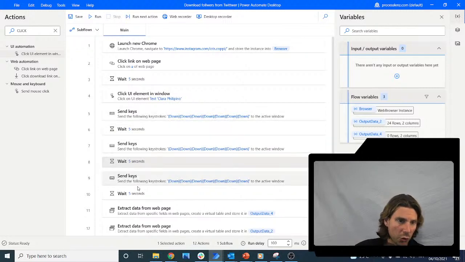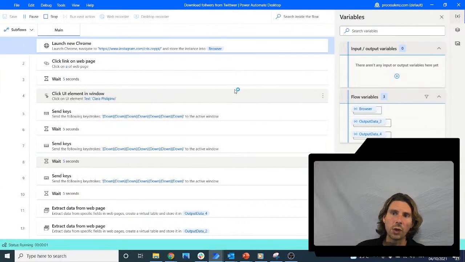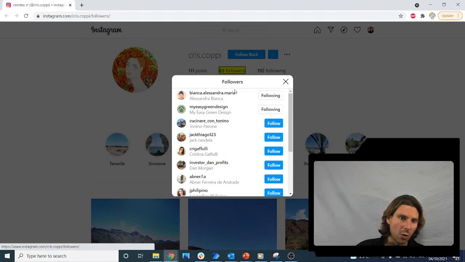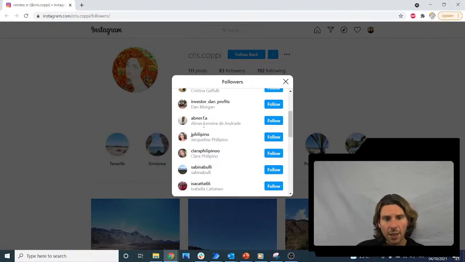So theoretically we can put this in a loop, but let's see if this works. We're going to put it in a loop so that we can actually create something that is going to scroll all the way down and extract all of the 200 whatever connections that this person has, or 83 connections that this person has. So it is scrolling down, it's waiting now, theoretically should scroll down again,